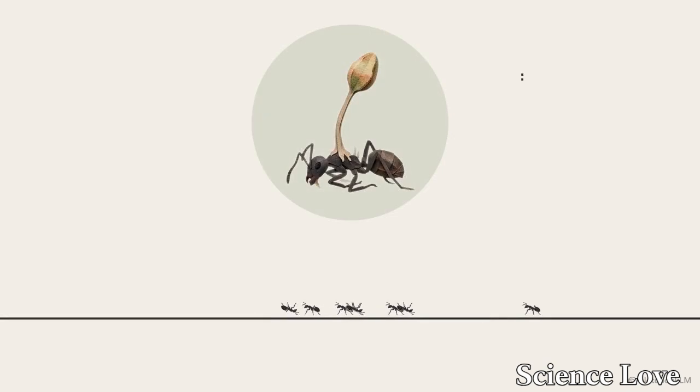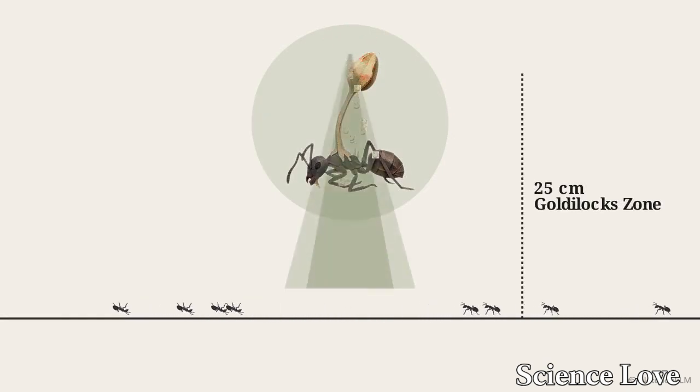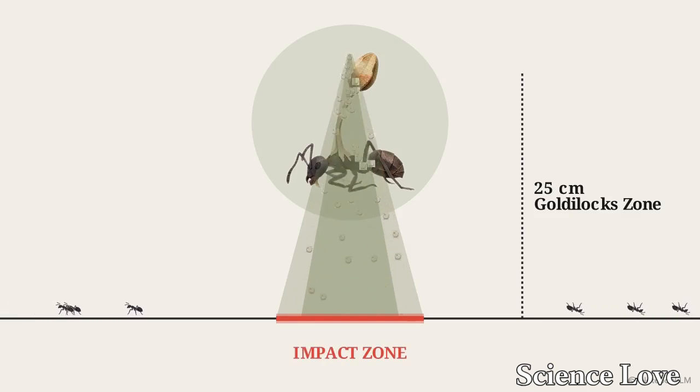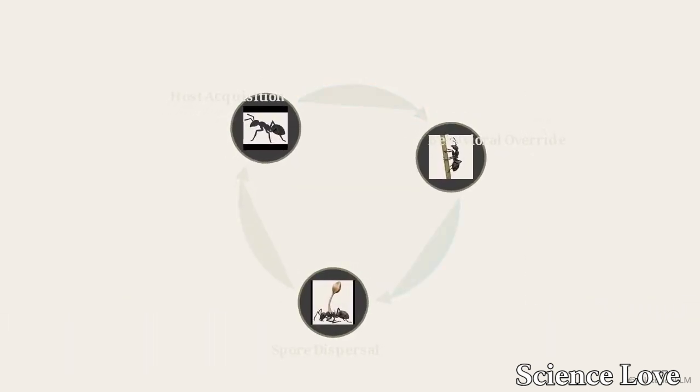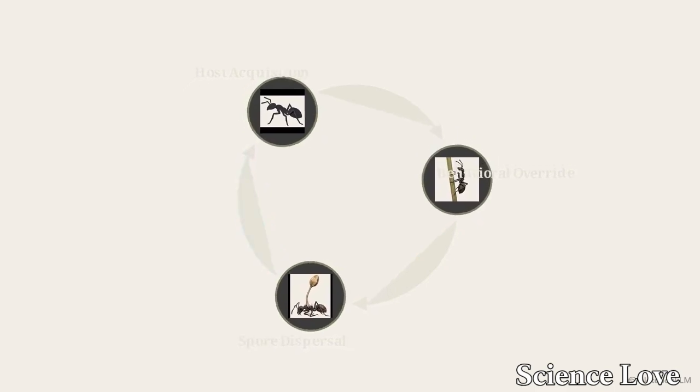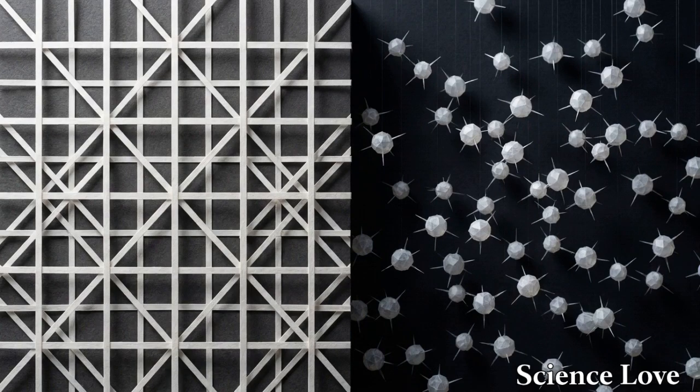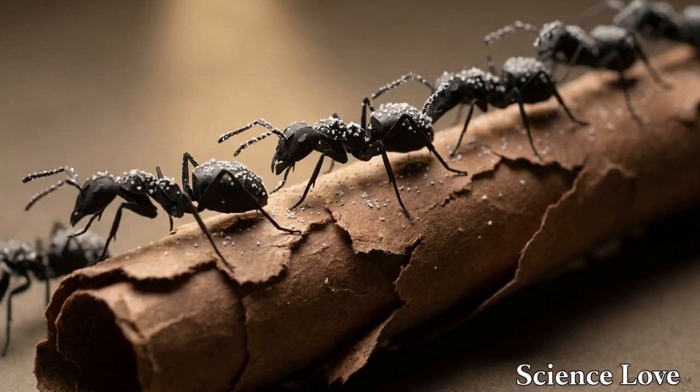This trajectory map shows the payoff. As the stalk bursts, the spores fall in a targeted rain, directly onto the high-traffic foraging trails of the colony below. This process creates a self-sustaining loop. It is a system of natural mind control that uses an algorithmic approach to ensure the survival of the next generation. Below the leaf, the next set of victims marches through the invisible fallout, entirely unaware that the cycle has